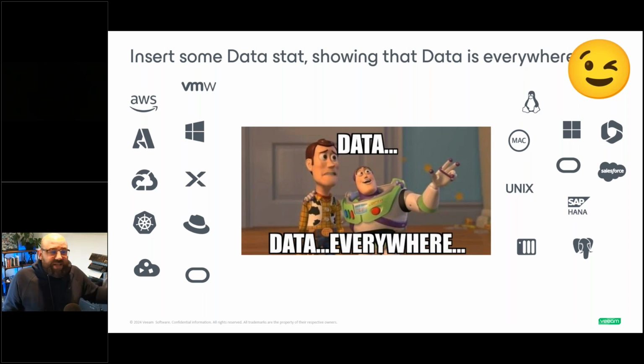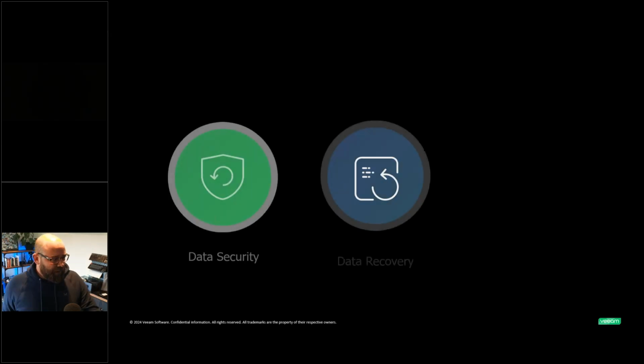We're all hearing about all of these different hypervisors, all these different options to VMware. We're going to move all of that good stuff. We've got databases coming out of our ears. It used to be we just had Microsoft SQL, we had Oracle, and maybe a bit of MySQL or Postgres, and that was kind of our database. We're done. Now we've got all of these different cloud native databases, PaaS-based databases, all of them different platforms. We've got the public cloud, we've got Kubernetes, which opens up another huge door. If any of you have seen the CNCF landscape, wow, suddenly we've got data literally everywhere, and we have to protect that everywhere as well.